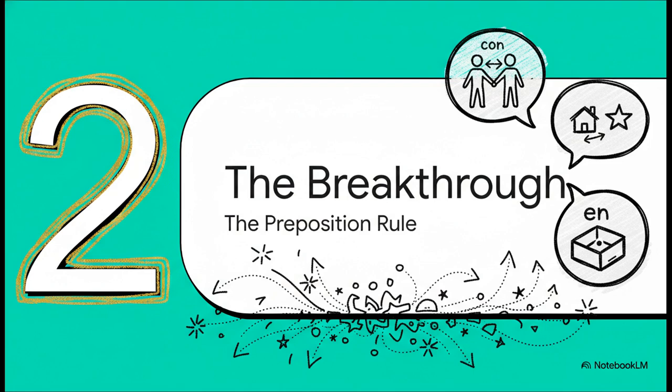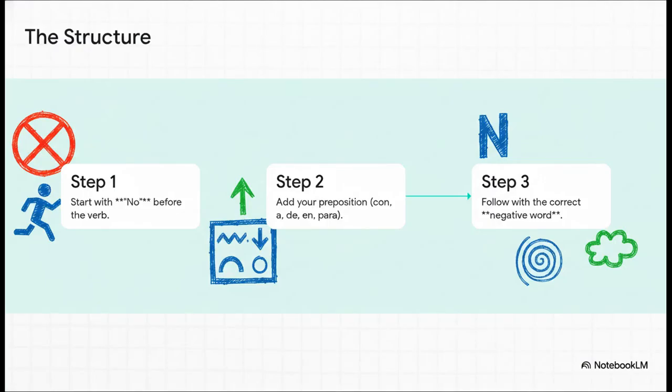Now for the real breakthrough moment, we're going to add just one more layer to our golden rule, prepositions. This is where little words like con, with, a, to, and en, in, come in and completely change the game. And honestly, the structure is a super simple three-step formula. You can't mess this up. Step 1, you always start with no right before the verb. Step 2, you add your preposition. And then, step 3, this is the magic ingredient, you have to follow it with a negative word like nadie,